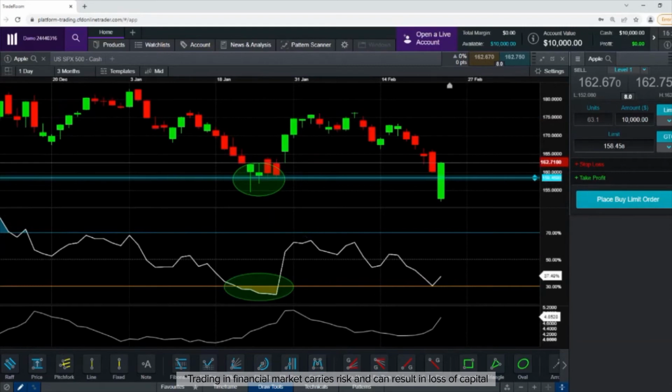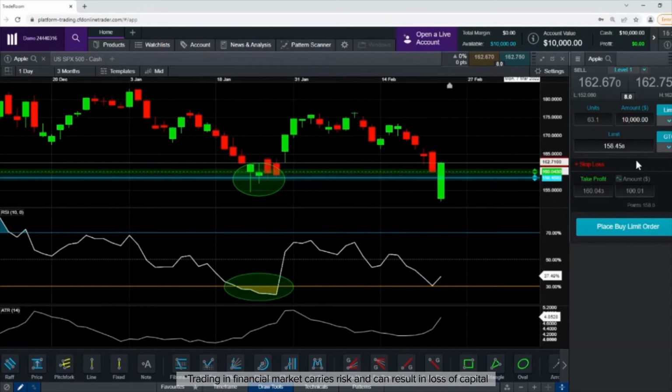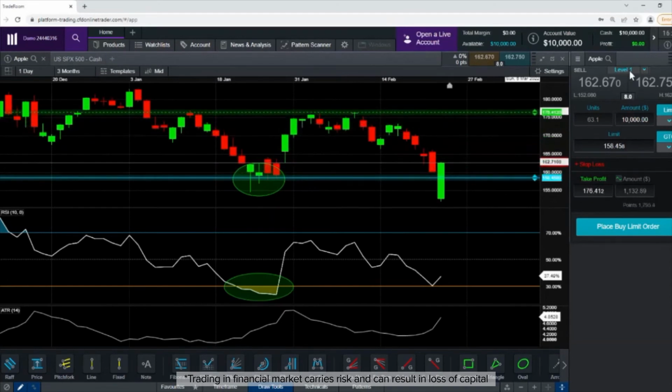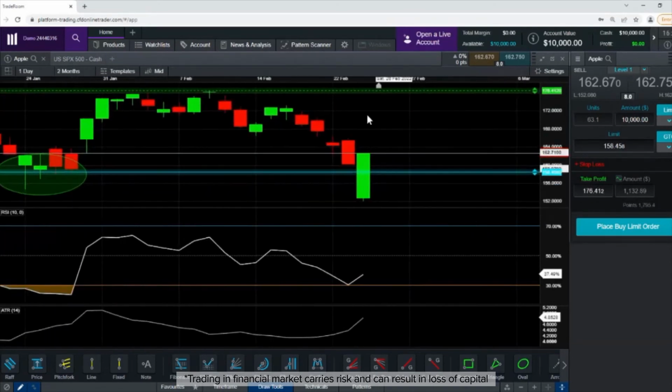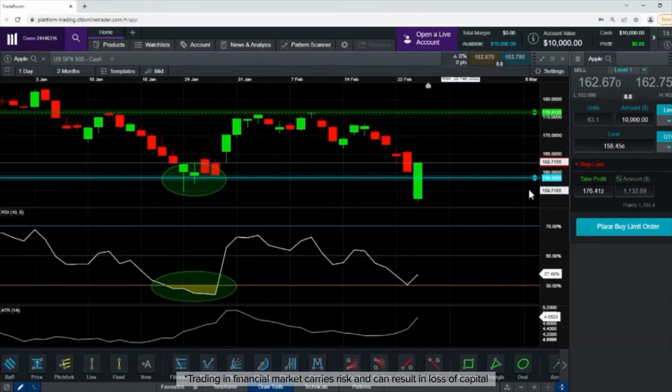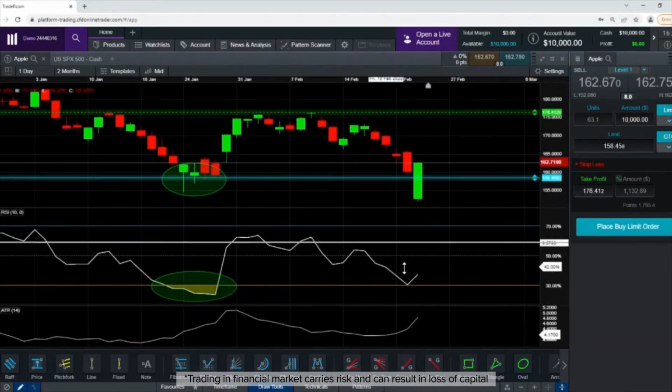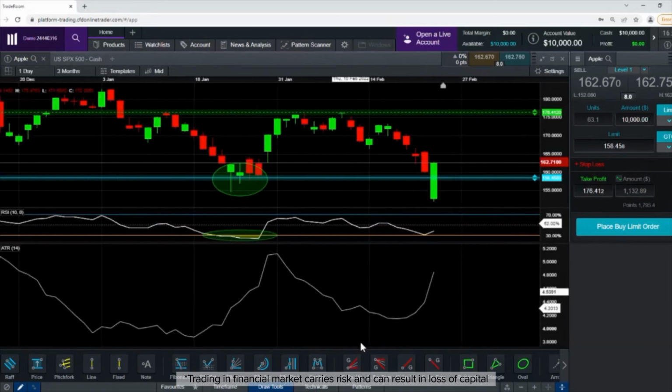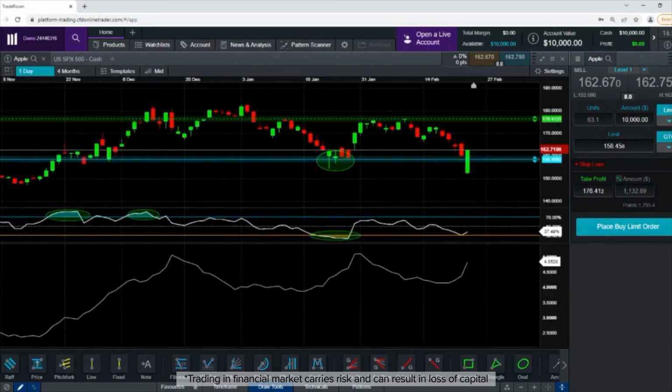back up, right? Now, in this case, let's say we know that the market went up, we would have made a profit. But let's say we are in a situation where you do not know where the market is going and you still have to enter. And how many dollars are you going to keep your take profit on? That is where your ATR is going to come into place. Now, if you look at the average movement of Apple on a daily time frame, keep in mind that ATR